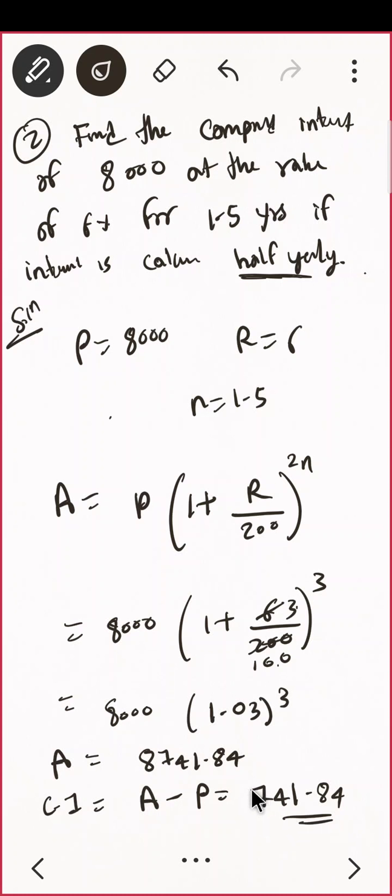So you always have to make sure where it is given, whether it is half yearly or otherwise. Otherwise, in a hurry you will write the formula and make mistakes, because everything else is the same. P and R will be given. You just have to focus on this part.